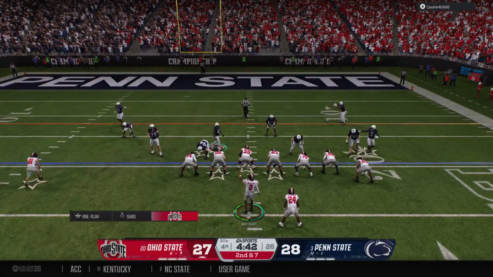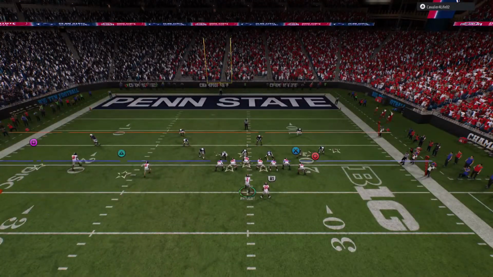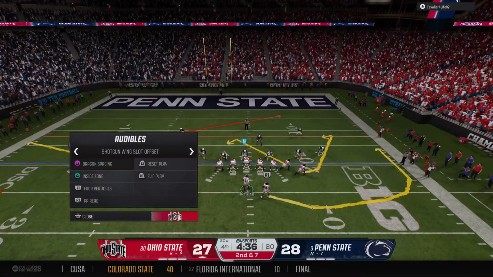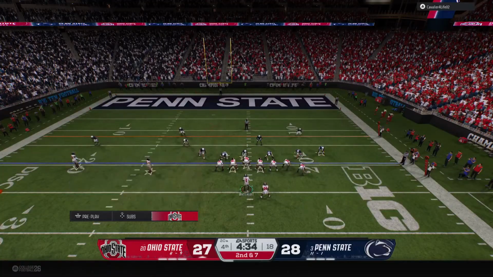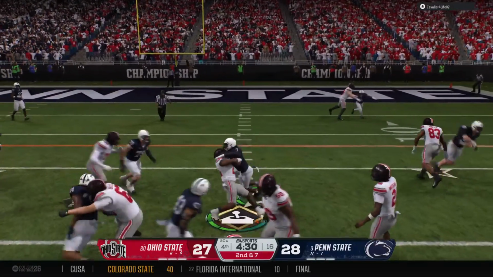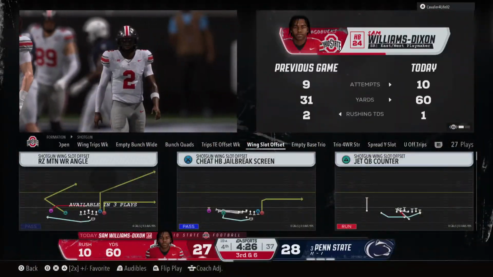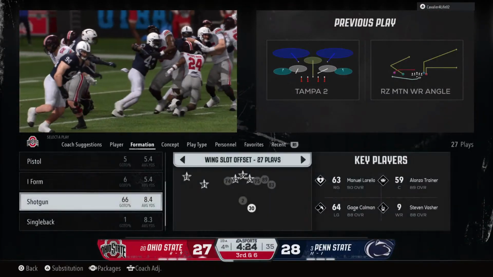Buckeyes are in the red zone now. The back's got it again. He fought hard there, broke a tackle, but brought down short of the sticks.